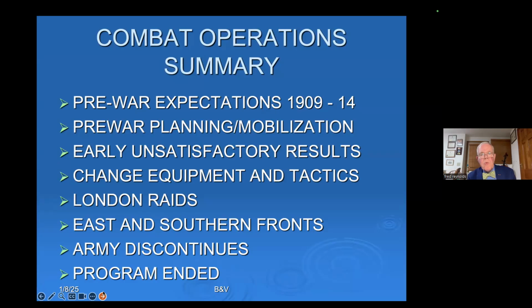And so their tactics were to change from being low-flying aircraft flying over the battlefield looking for their enemies to a more strategic type of weapon that flew higher and could range longer. Gradually, this changed to a strategic initiative that resulted in the London raids. There were a whole series of raids, mostly in '15 and '16, where major forces of Zeppelins and one other aircraft were launched to bomb